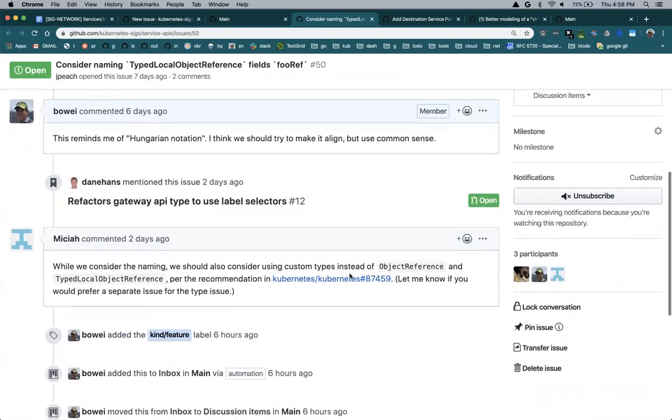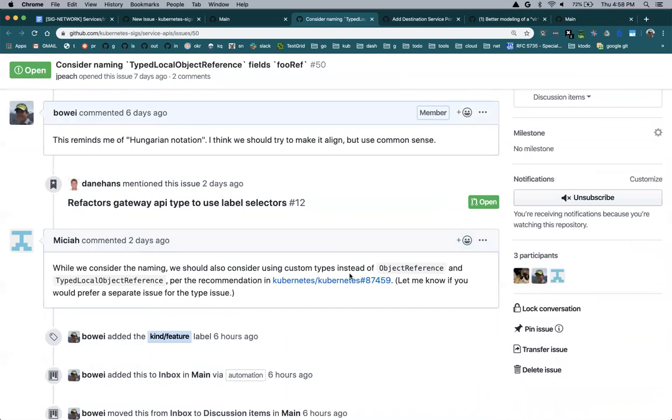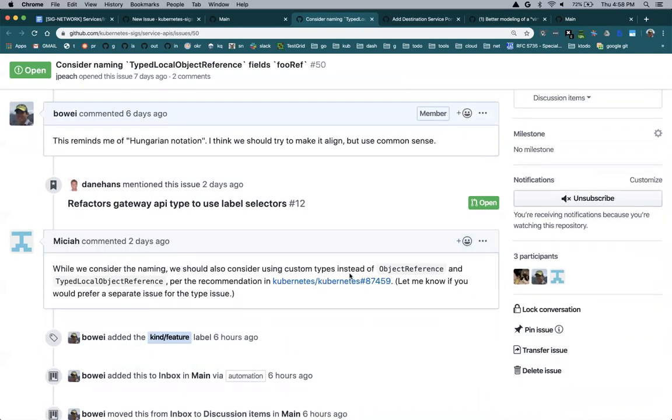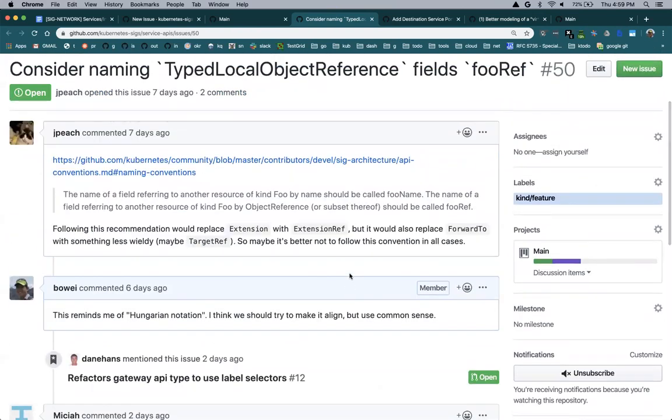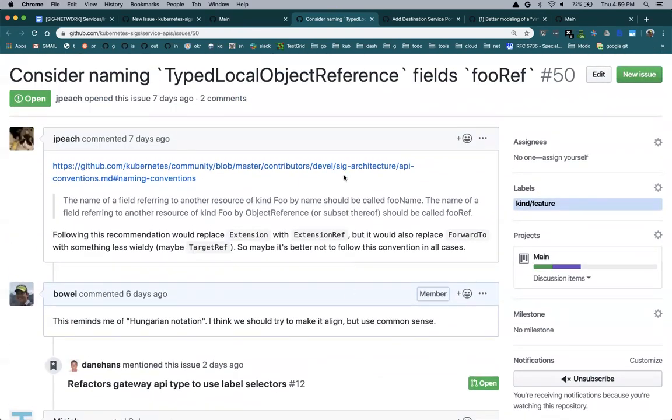What do you think? Actually, what should we do? We should just link to the API conventions and then pull out certain things that we feel are important. It's fine by me. Fine with me too. Maybe we'll just have our own thing and then route people to the main one. Okay.